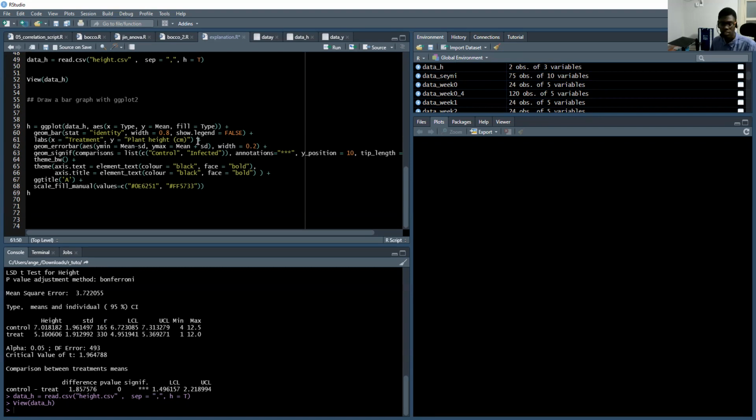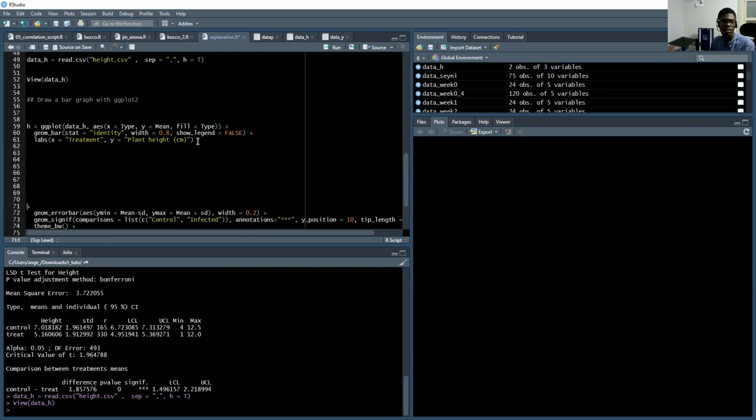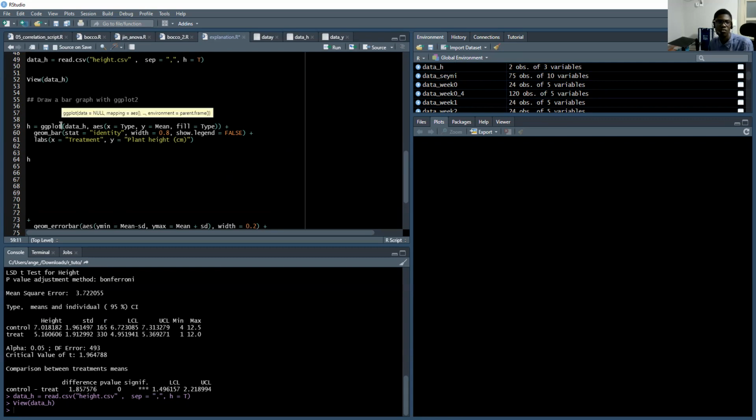Firstly, I will run this. Here I provide the name H. H is the name of the height graph. So ggplot2 will be used. We will use the function ggplot for our data of plant height. And we need to provide also the